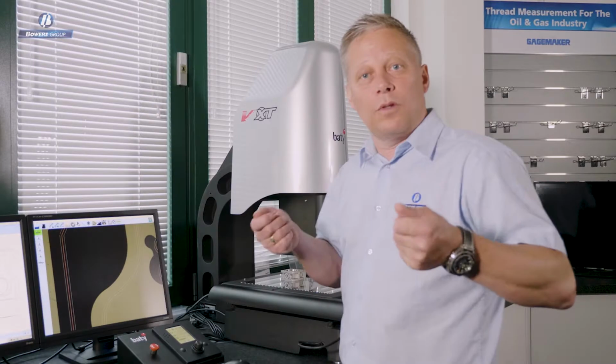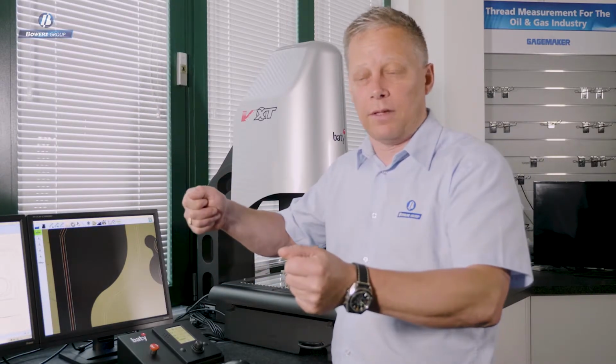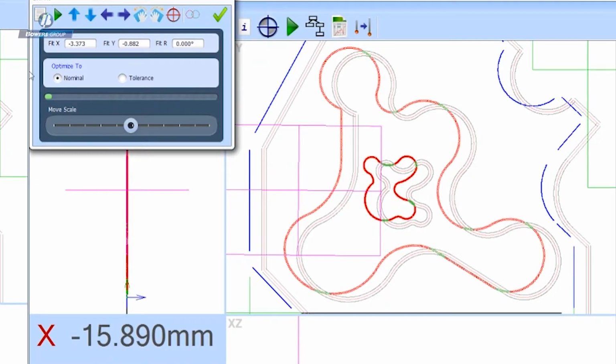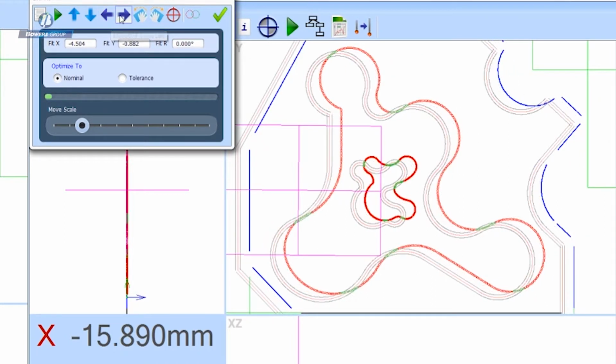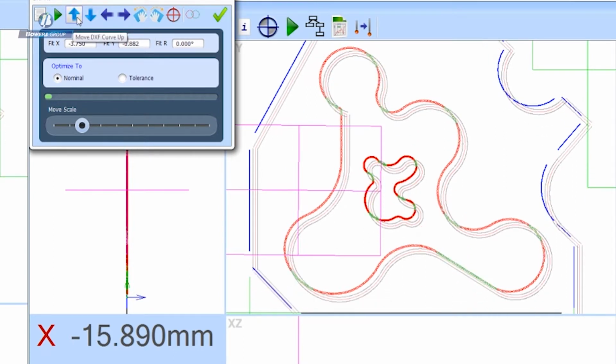Just like you would do with the profile projector, you'd manually move that overlay chart around to try and visually align that with the image. We can do that also using these controls. So I'm going to jog the DXF to the left, to the right, up and down, and I can also rotate it. But clearly what I want to happen is for the software to calculate the best fit. So by pressing the start button there,